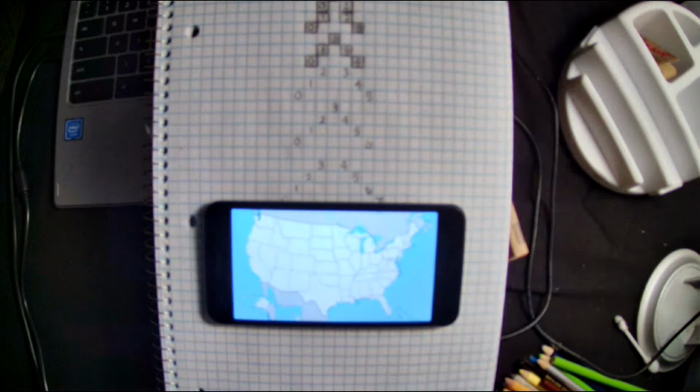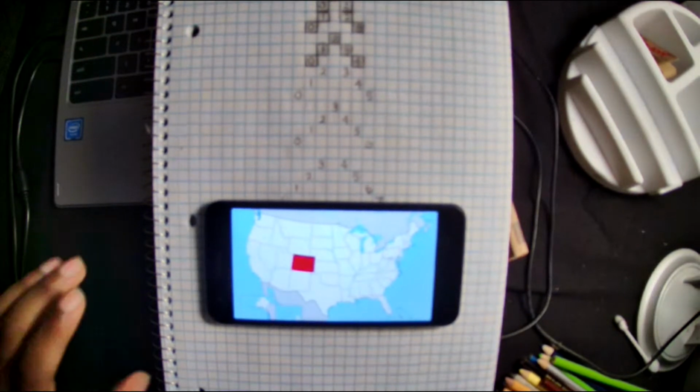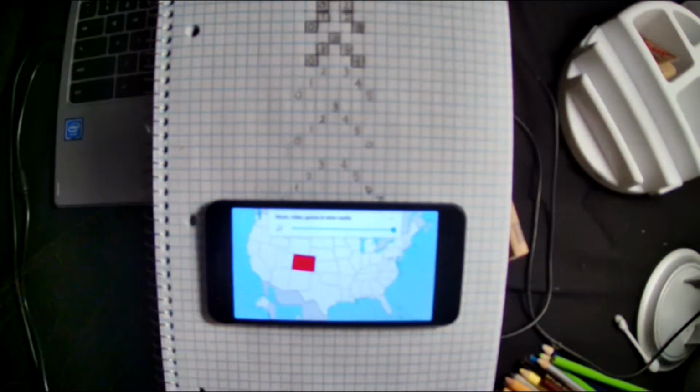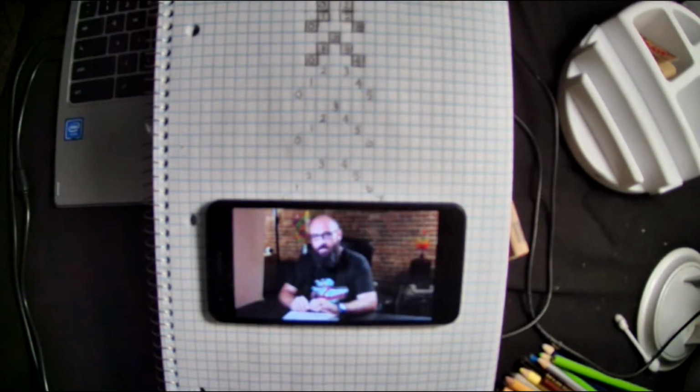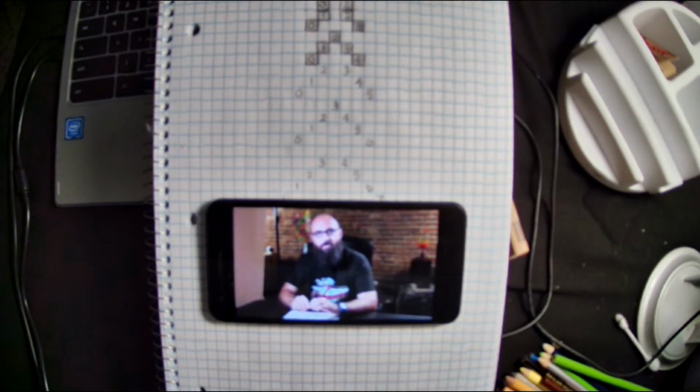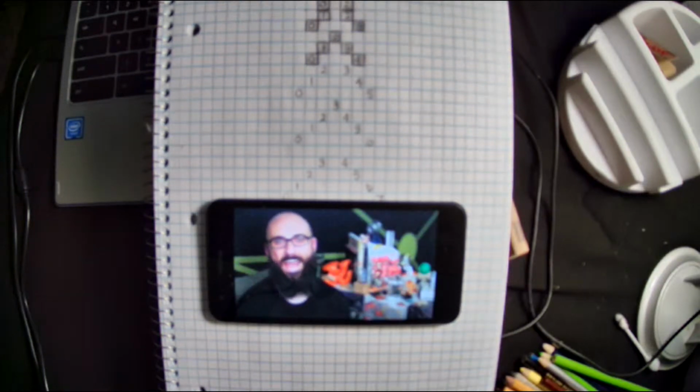The universe also contains Colorado, one of its best rectangles. Or is it? Let's find out after a quick word from our sponsor, us. Hi, I'm Michael Stevens. Are you a person?